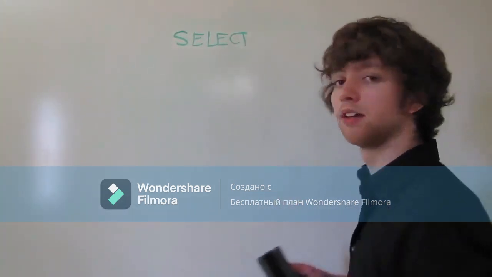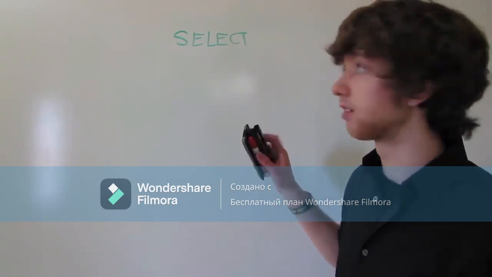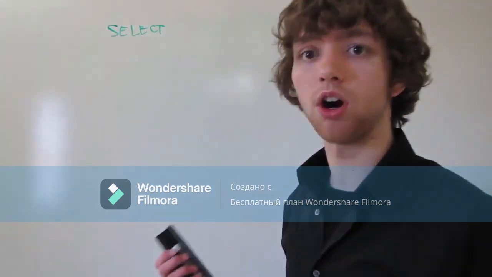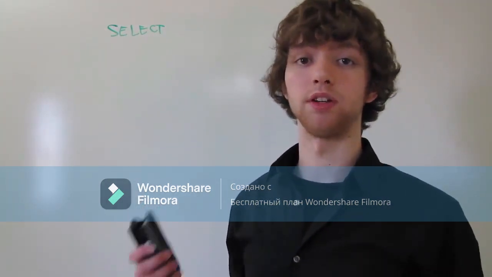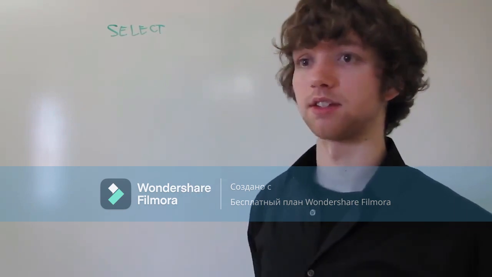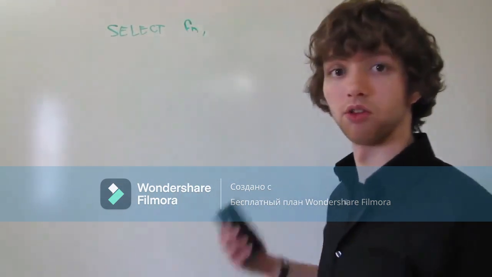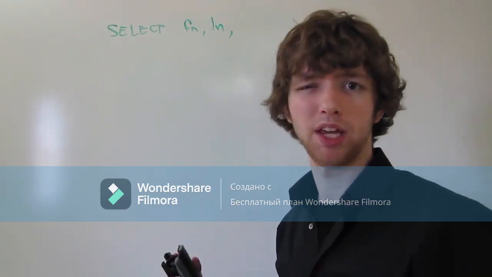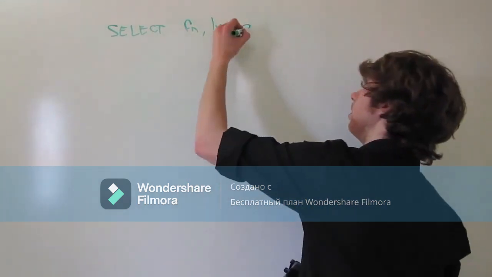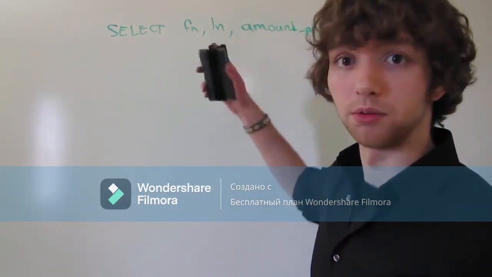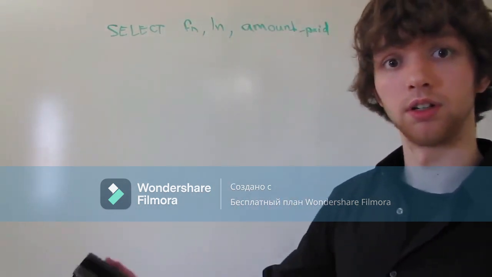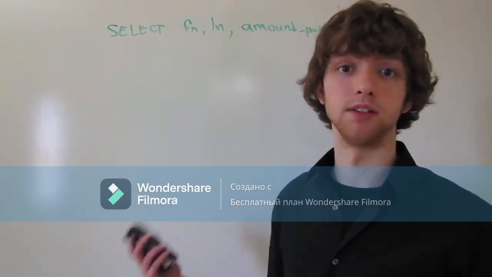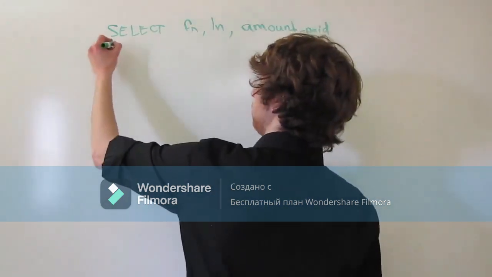So we're going to say select, and then whatever comes after the select, I'm going to scoot this over some. Everything that comes after the select is going to be the columns that we want in the joined generated table. So in the last example we had first name, last name, and amount paid, something like that. So that's going to be the columns we want returned. Then we are going to say, what table are we getting these columns from? So we do from,